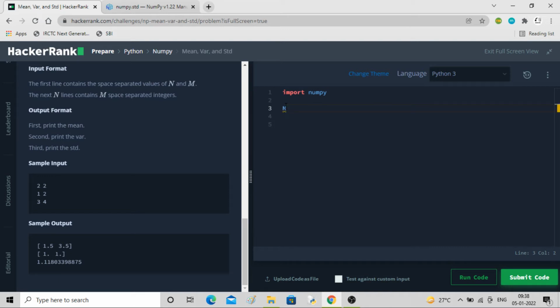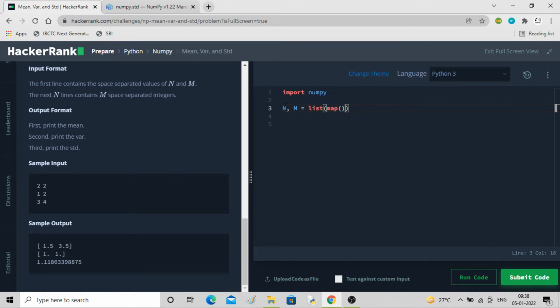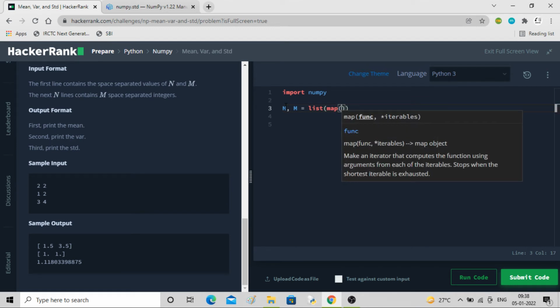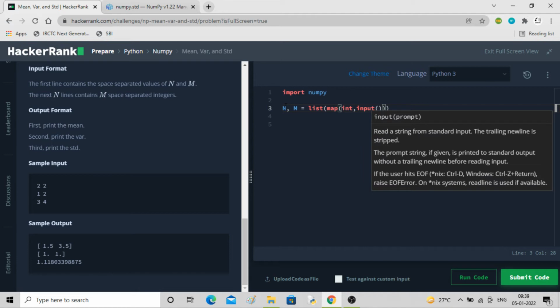First I'll take the values of n and m, as we have been doing I don't know how many times. So list, map, then int, input split.